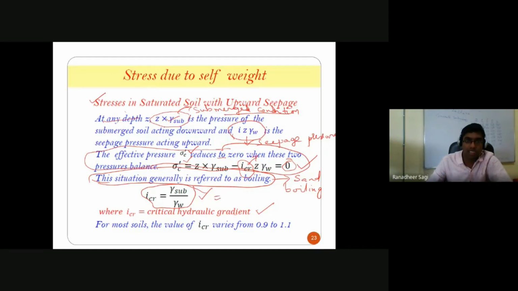In some cases, people also write it as: submerged unit weight is nothing but saturated unit weight minus gamma W, divided by gamma W. If I separate it, gamma sat by gamma W minus 1 is what I can write, and accordingly you can define your critical hydraulic gradient. Looking back at the saturated unit weight expression we talked about, the saturated unit weight is also written as (GS plus e) by (1 plus e)